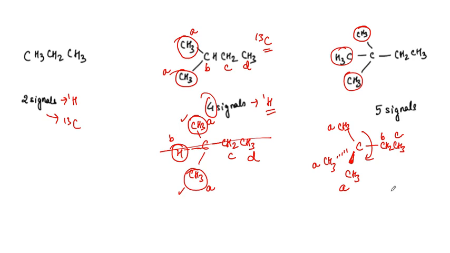So how many signals for the protons? See, if all of these methyls are the same, the protons would be the same. So we are having 1, 2 and 3. We are going to have 3 signals, not 5, only 3 signals for the proton. Now how many for the carbon? Again, guys, all of these would be the same. Since there is free rotation, whenever there is free rotation, the carbons would be the same. So A, B and C, 3 signals for the carbon as well.